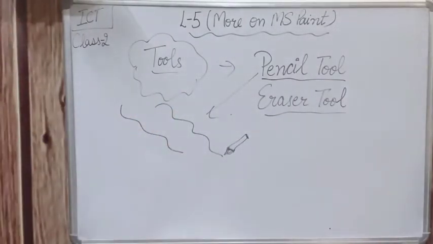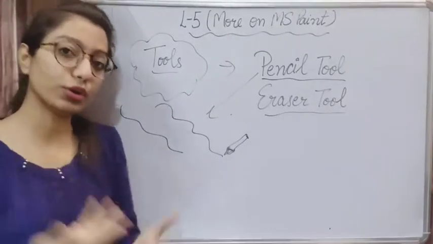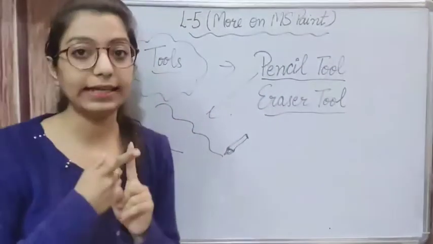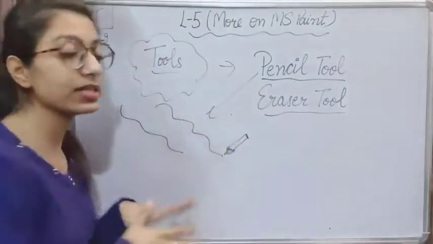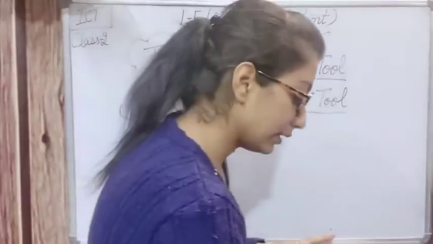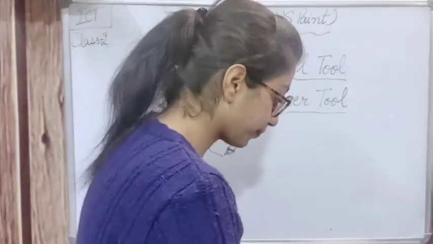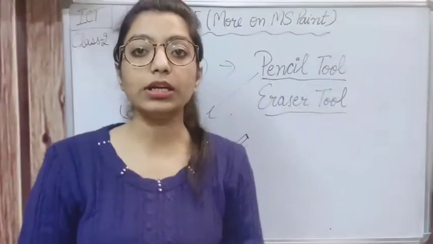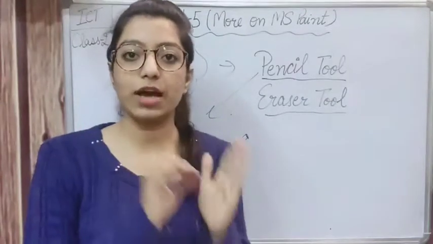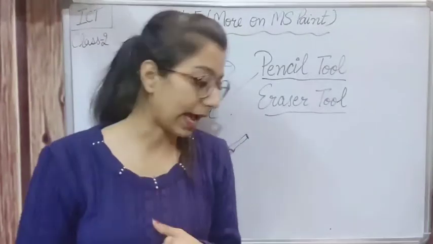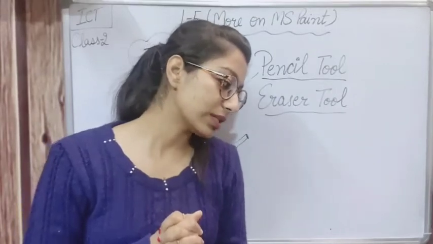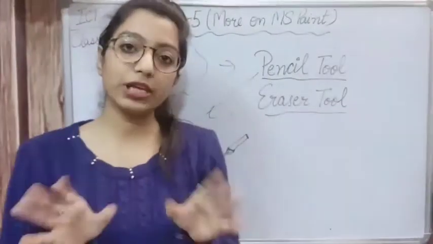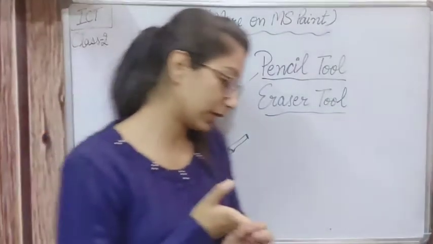Today I will be telling you about more tools. What we are going to learn today is adding text, how we can write text here like alphabets. Then I will be telling you about the brush tool. There are so many types of brushes given in it, and every brush has a different use. And then I will be telling you about using the airbrush tool. Airbrush tool is used to spray color, रंग को spray करने के लिए use होता है वो. So we will be learning about that.